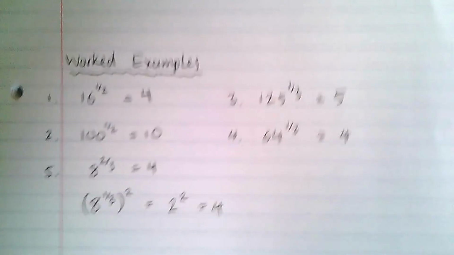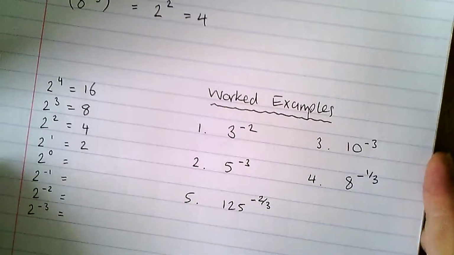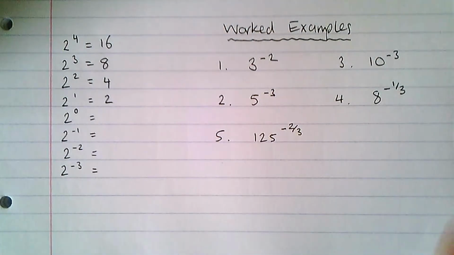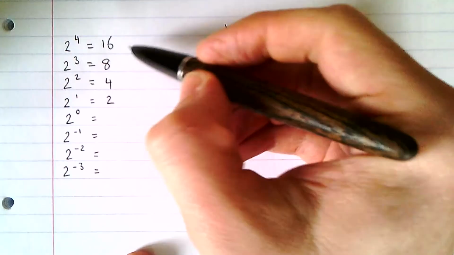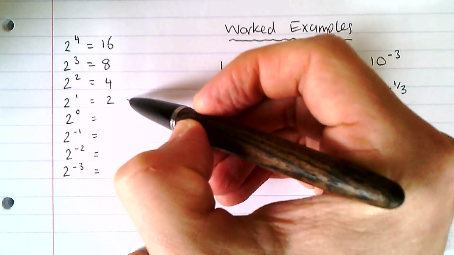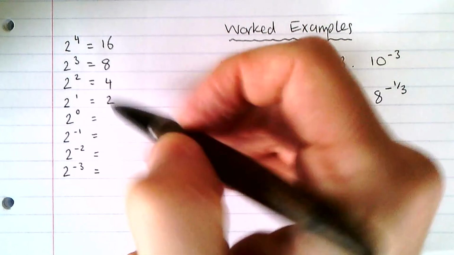So let's have a look at some of these negative indices. Let's just shuffle this down so that you can see. There we go. Right, so with negative indices, it's all about patterns. So here I've got 2 to the power of 4 is 16, 2 cubed is 8, 2 squared is 4, and 2 to the 1 is 2. So each time I'm halving, half it, half it, half it, half it again will give me 1,